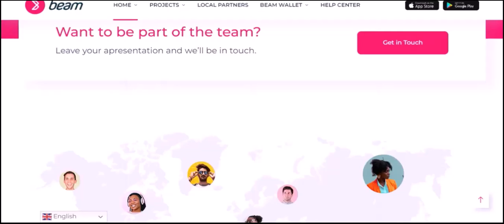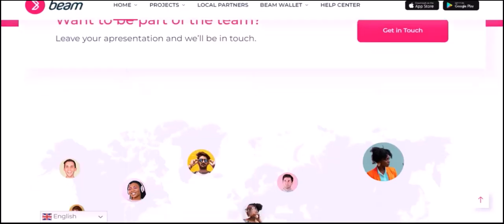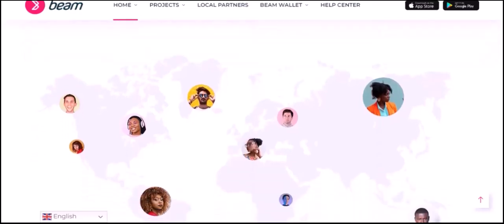And there you have it, your very own Beam wallet, empowering you with confidential transactions and true ownership of your digital assets. It's a small step, but a significant one, towards a more private and